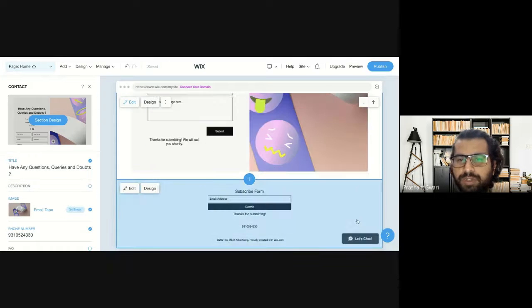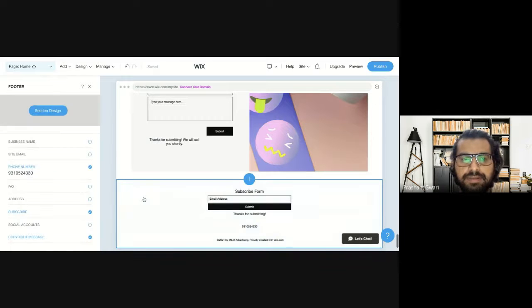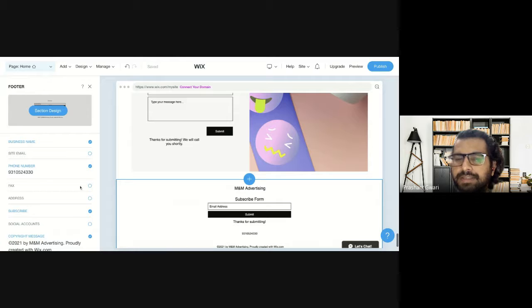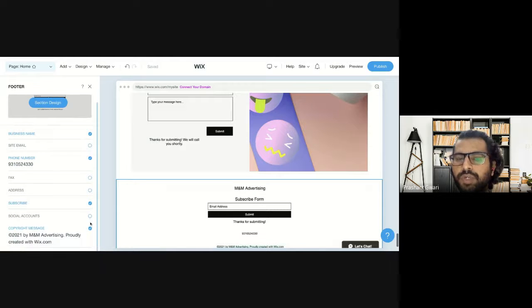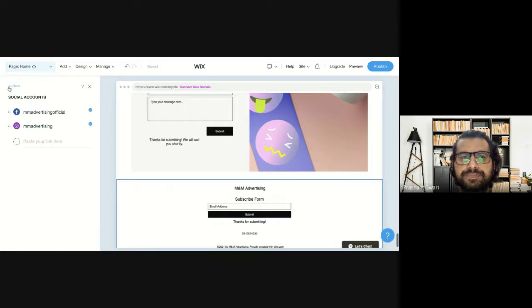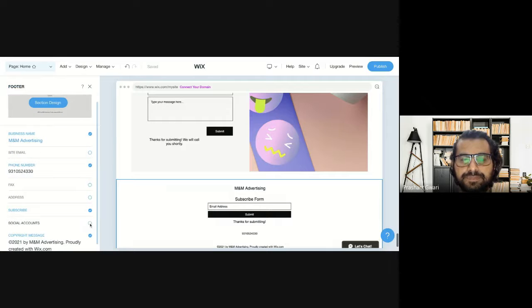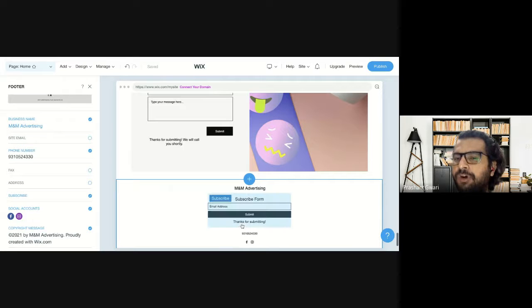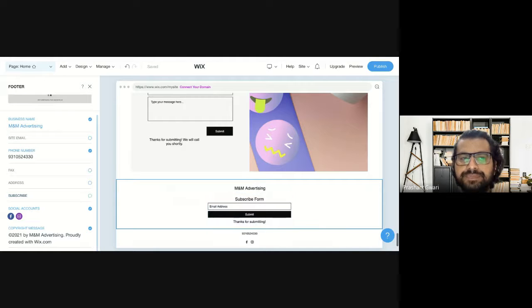So let's go to the footer part. This is the footer part. In the footer part, you can use your business name here. Again, if you want to showcase your email address, you can do that. Then the subscribe now button. If you want to showcase social media handles, you can also do it from this section, like this. And address, anything you want to do, you can do it from here. If you want to hide your subscribe now form because you already use it above, you can hide it from this section, like this.